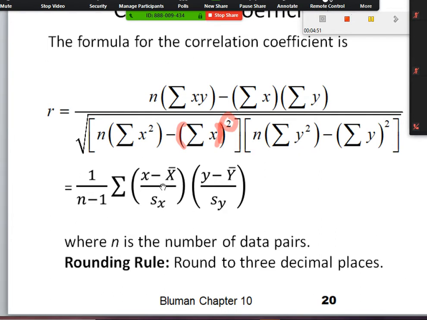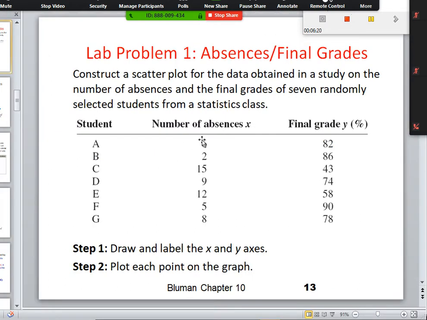This is really just its z-score for each x. And then this is the z-score for the y. So y minus y bar over the standard deviation. So you take every x value, you find its z-score, and multiply it by the z-score for its y. So here, I would just take 6, find its z-score, take 82, find its z-score, and multiply those z-scores